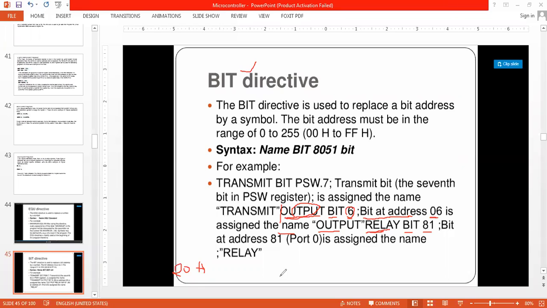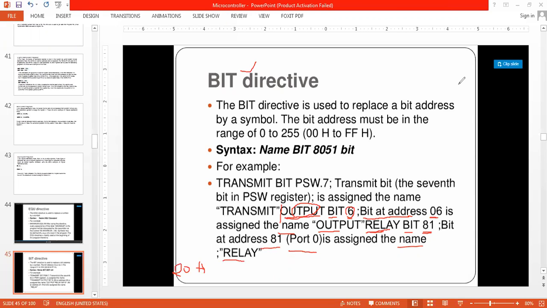Basically the bit address 81 is port 0.1. Port 0.1 has the address 81, so that is going to be assigned the name relay.